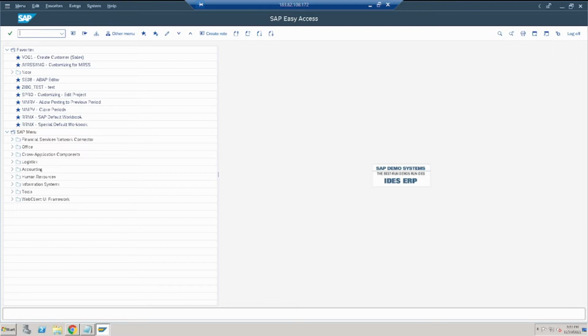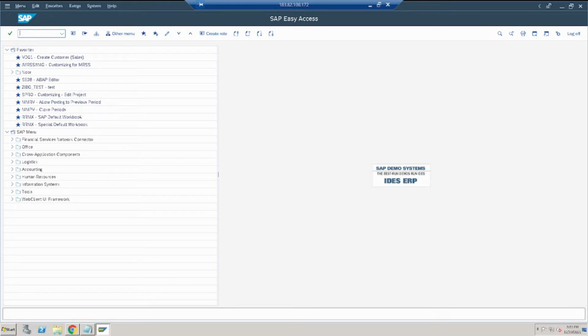So these are the two configurations, which are very easy, and if you want to know, I will share the document with you, there is no issue. Or I'll do one thing, I'll make a separate video on this particular topic. So first of all, let's see how to perform the physical inventory. For that we have the T-codes MI01, MI04, MI07 and MI20 for reporting purposes.